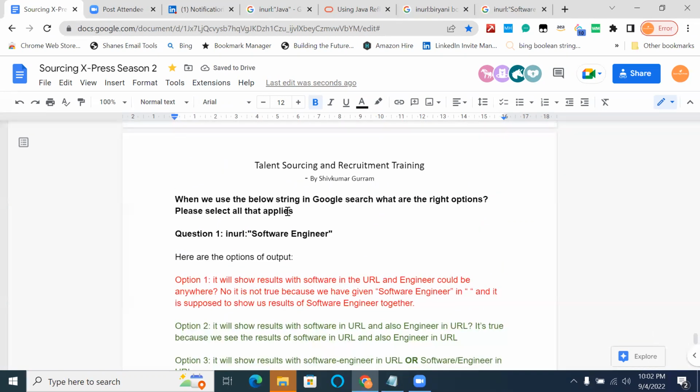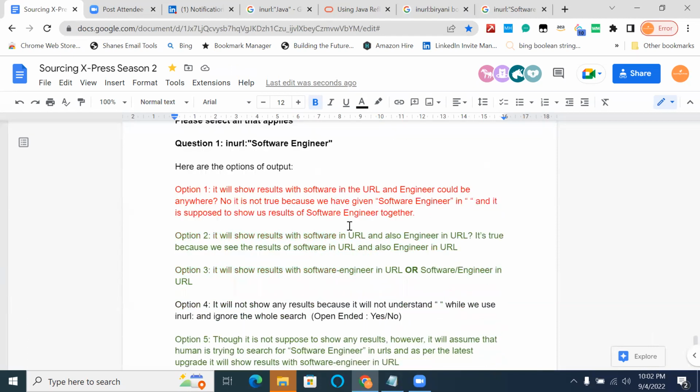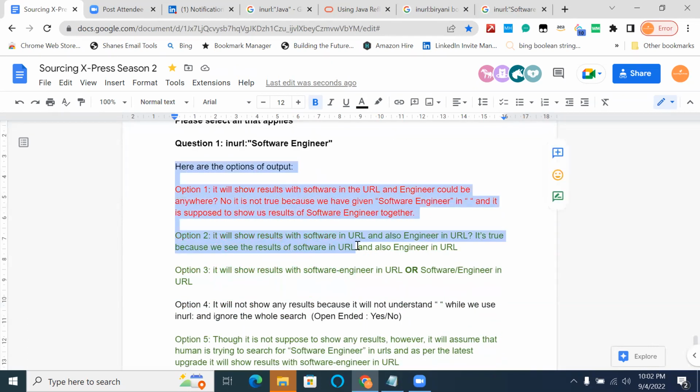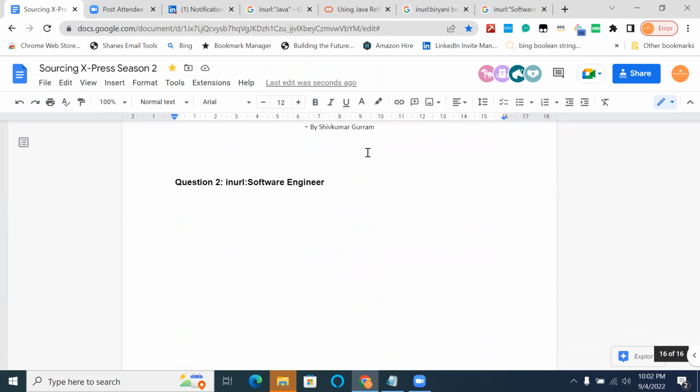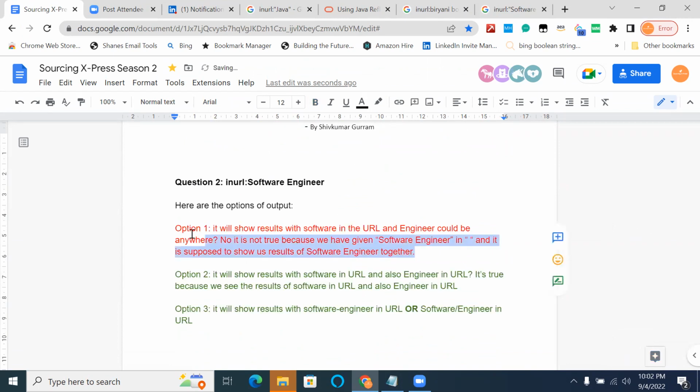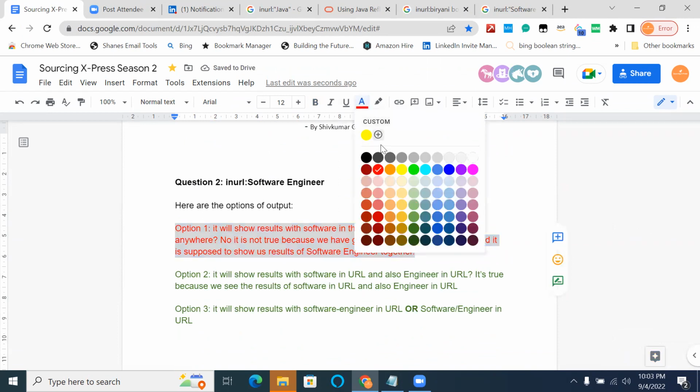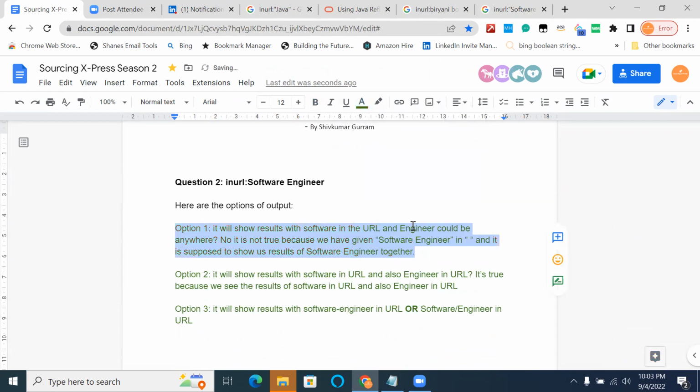When we use the below string, here are the options of output. Let's give only 3. So in this case, this will become true: it will show results with software in the URL and engineer could be anywhere.